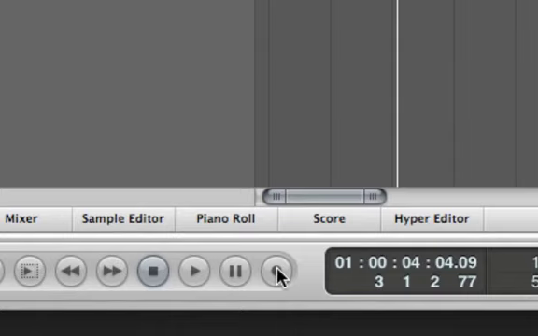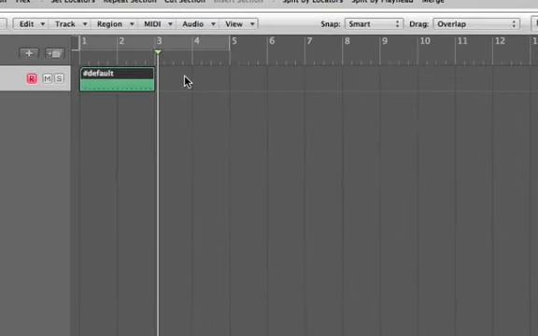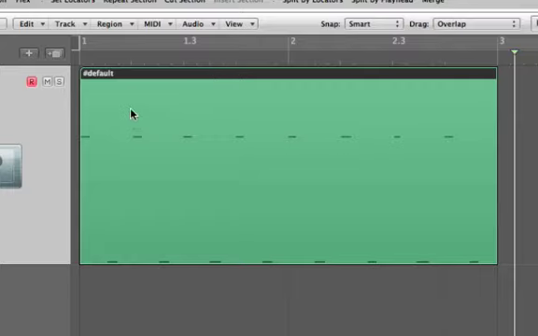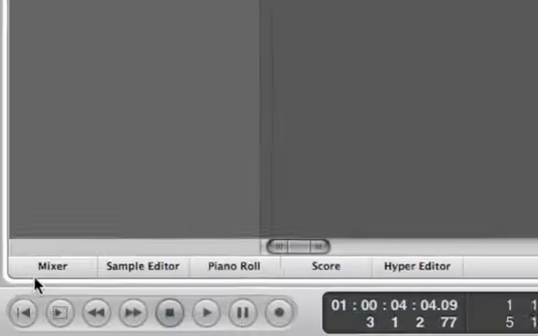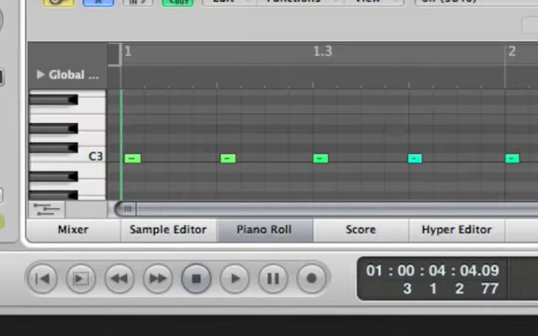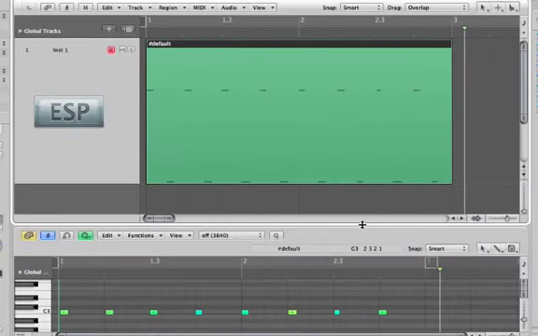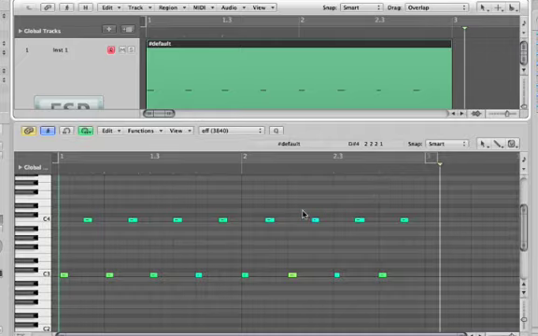Now, in case you don't know, to record, I pushed R, or you could just click this. Now, good thing to know, very good shortcut, is hold Control, Option, and it becomes a magnifying glass, and you can just drag, and it'll focus right on there. Now, once you're focused on here, make sure it's selected, that's the black line. Click Piano Roll, and you can drag this up and see the actual notes you just played.